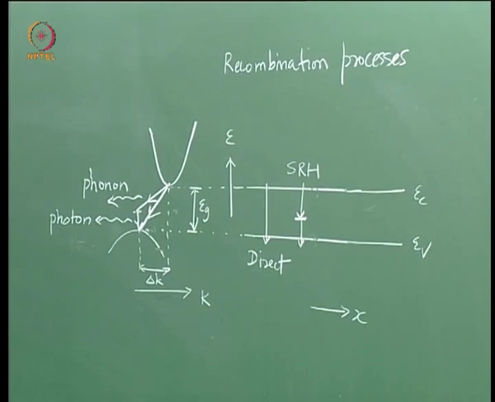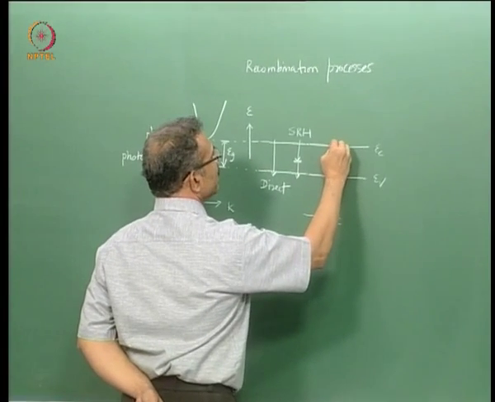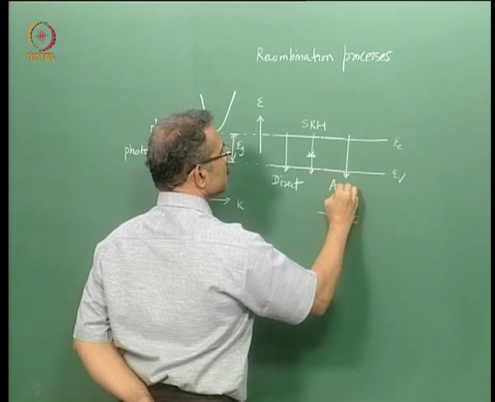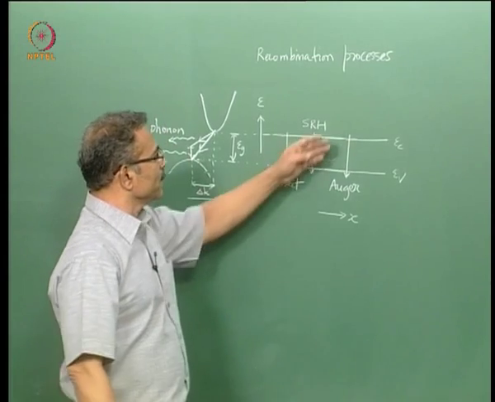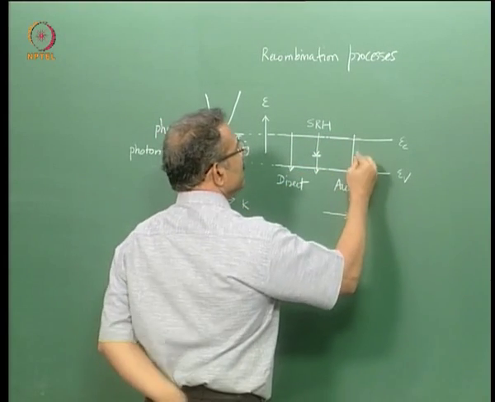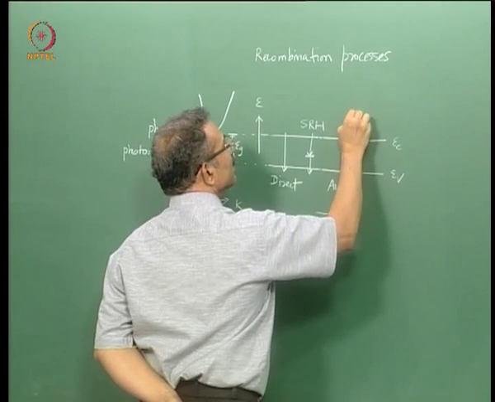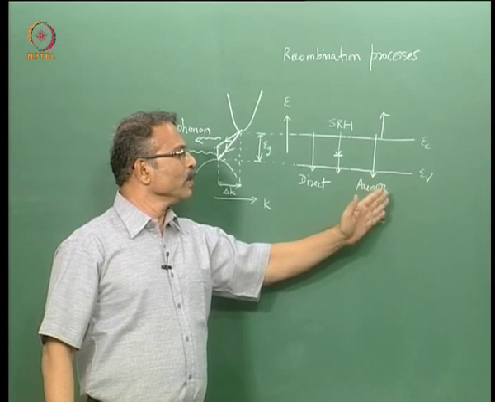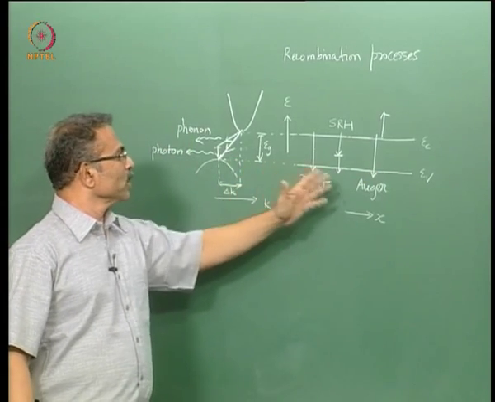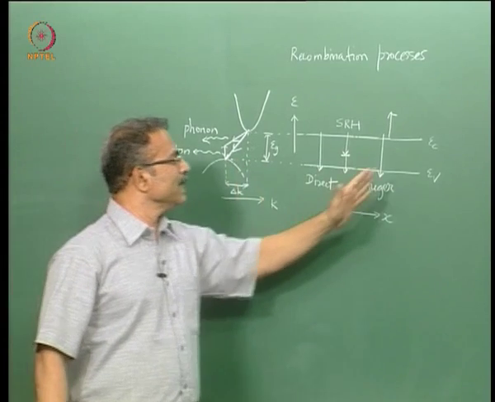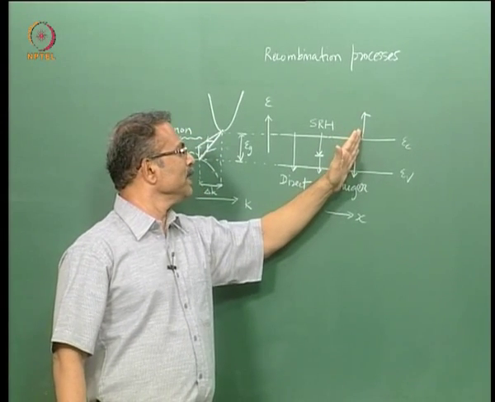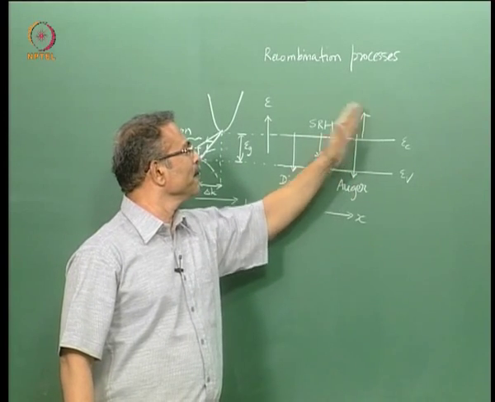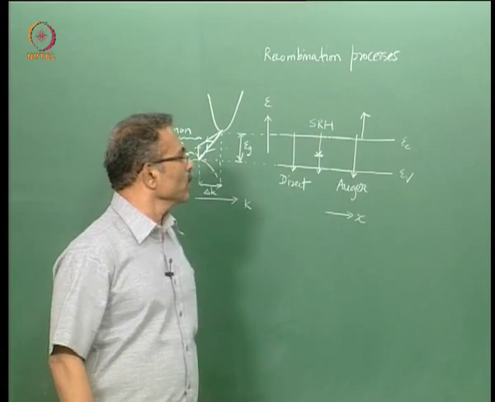Let us show one more process, that is the Auger recombination. So in this, an electron falls from the conduction to valence band directly, and its energy and momentum is taken away by, let us say, a free electron. You can also have a hole taking away the energy. You can draw the process on the Ek diagram in the same way as I will do for the case when the energy and momentum of the recombining electron is taken away by an electron rather than a hole.